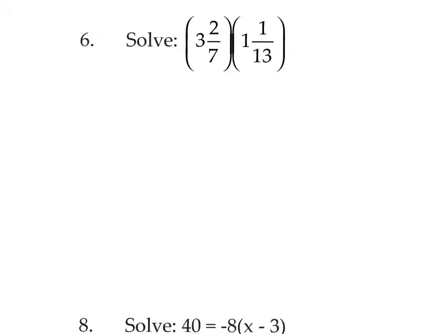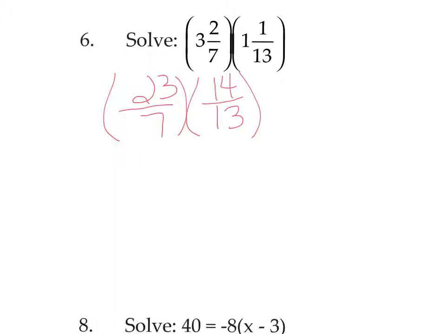Number 6 is multiply. To multiply mixed numbers, you have to change them to improper fractions. So remember, it's multiply the denominator times the whole number, then add the numerator. So 7 times 3 is 21, plus 2 is 23. So this becomes 23/7. Same thing here. 13 times 1 is 13, plus 1 is 14. This becomes